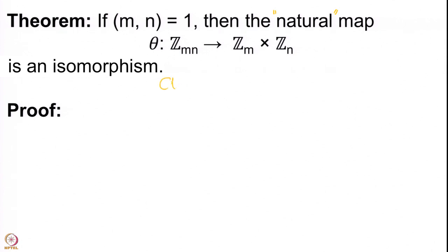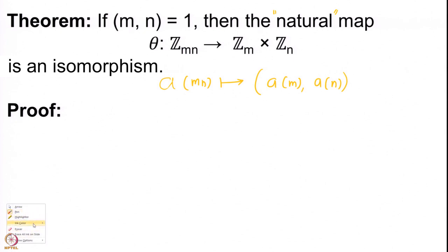So, the natural map is the map as follows. Here we start with an element A mod mn and we send it to the pair of the same A modulo m and the same A modulo n. When we write the things in brackets, when we say A, m, it means that you are looking at A modulo the natural number m, and the further one is A modulo the natural number n.